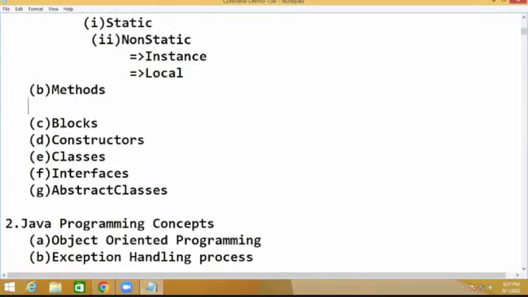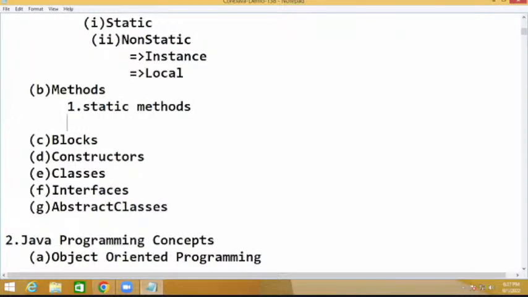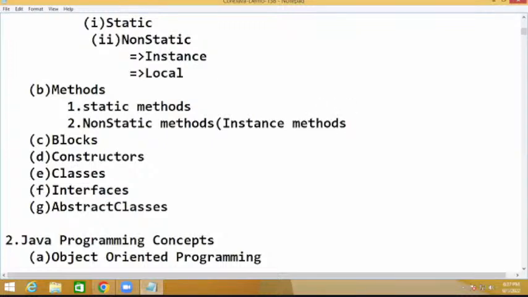Methods are two types anyway: static methods and non-static methods. This one you can call it as what now? Instance methods. Now static,